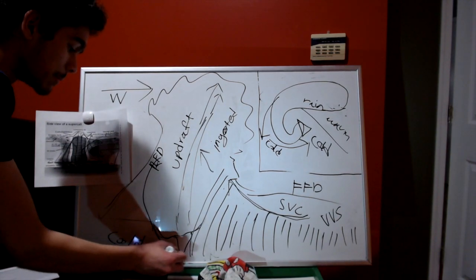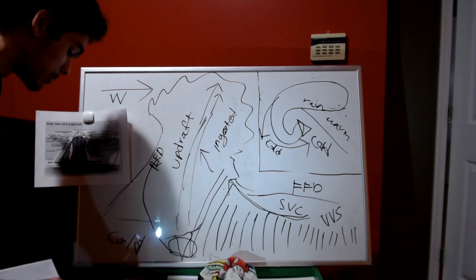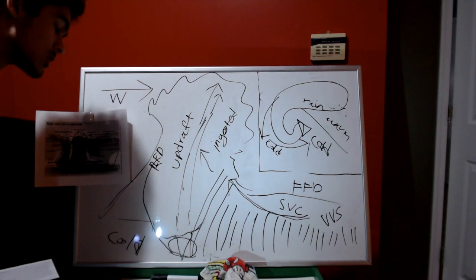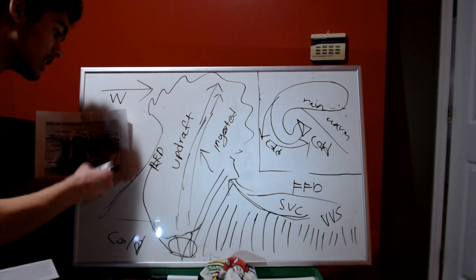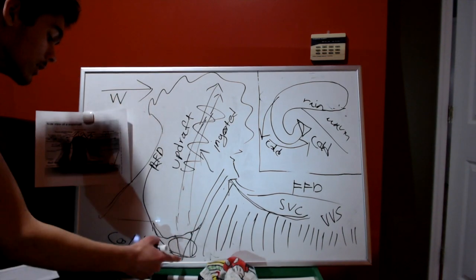Well, now it's going to start wrapping around this. First it's going to become rain wrapped, and then it's going to start wrapping around it to the point where it starts again. But remember, the tornado is still a tornado. Even this updraft is starting to break down up here. And even if the RFD is starting to weaken it, it's still a tornado as long as it's in contact